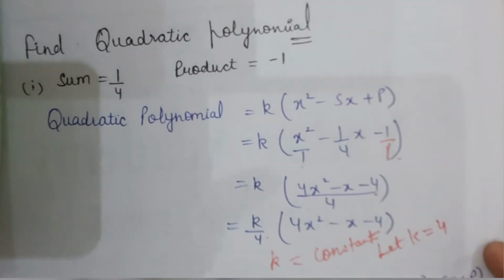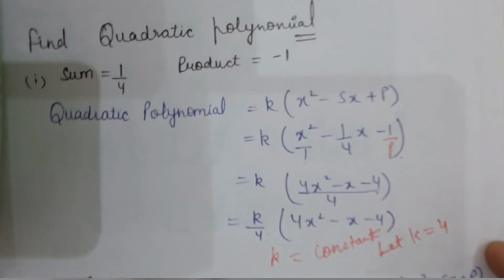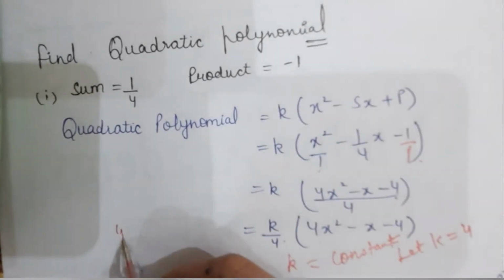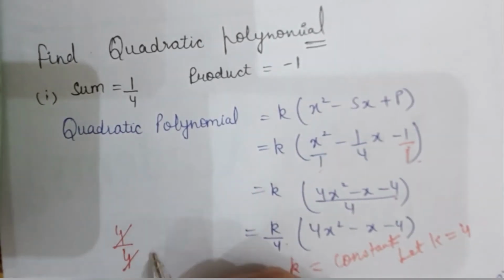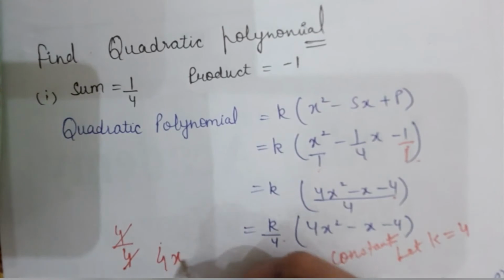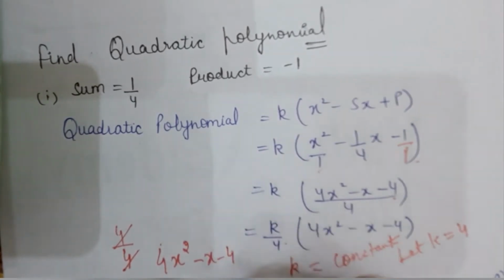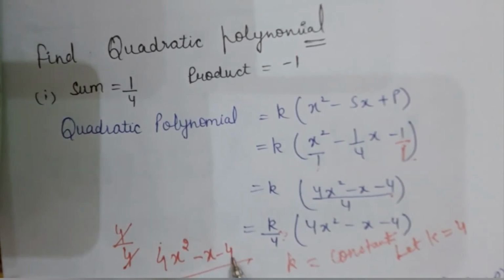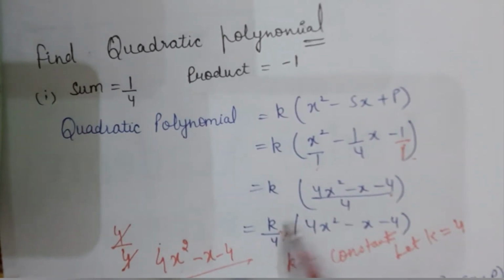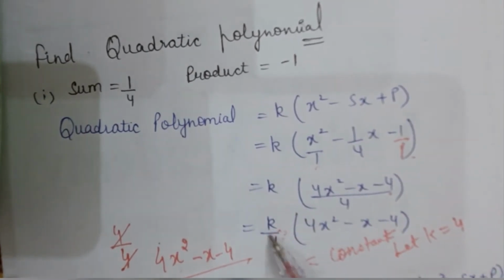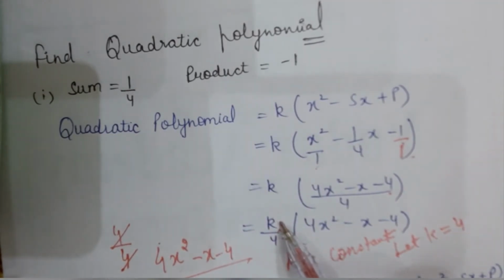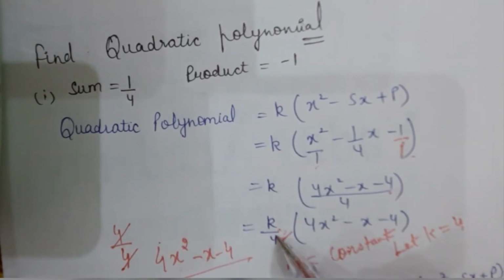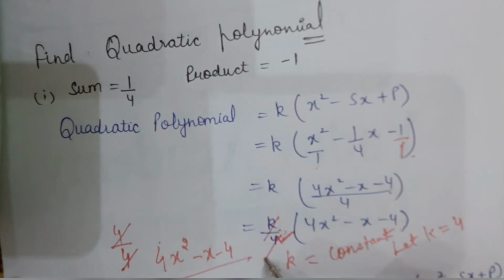कि हमारा k जो है वो 4 है. By this we will write it 4 by 4. It will cancel out and our polynomial will be 4x² minus x minus 4. Or you can directly write this after this step, because k is any constant और हम k को वही लिखते हैं जो हमारा डिवाइड में होता है. हमारी चॉइस होती है हम k को क्या लिखें. सो हमें वही लिखना होता है जो डिवाइड में होता है ताकि ये कैंसिल हो जाए.